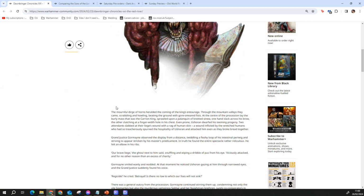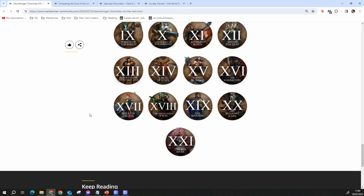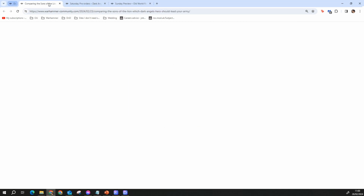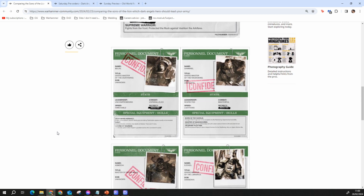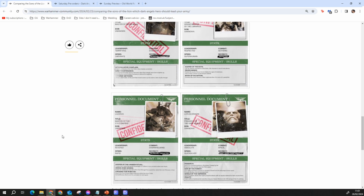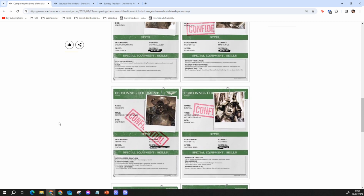Another Dawnbringer Chronicles, cool enough. Yeah, so I'm not going to try and read this all out on a video like this. Comparing leaders for your army, to be honest, if you're getting into Dark Angels, go for the one you think looks coolest, right? If you think you want to go Dark Angels specifically,